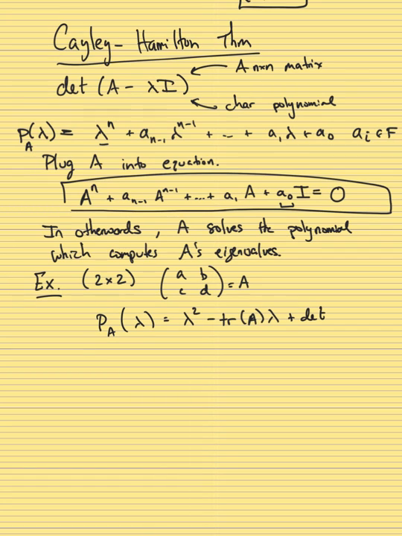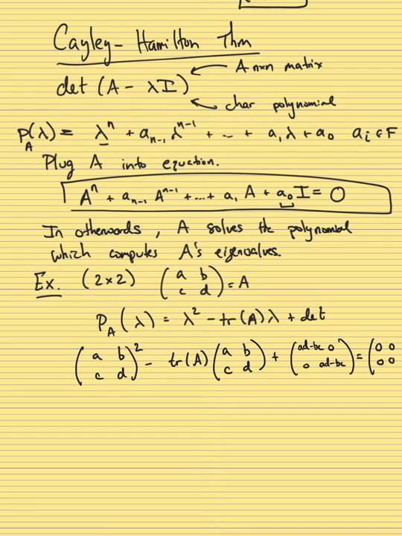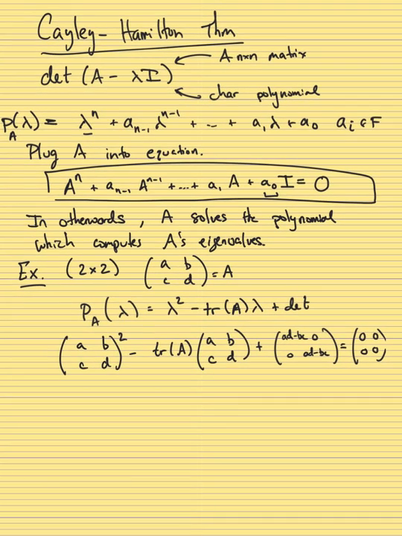So what the Cayley-Hamilton theorem is stating is that the matrix (a, b, c, d) squared minus the trace of A times the matrix (a, b, c, d). And this trace is a plus d, and what you're doing is multiplying each of the coefficients by the trace. And then plus the matrix with ad minus bc on the diagonal and 0 elsewhere. The claim is that this is equal to the zero matrix,